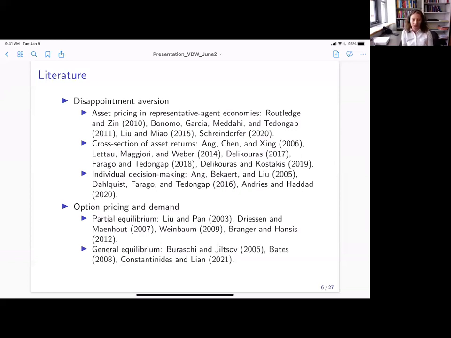Now, in general equilibrium, there are a couple of important works that I want to mention. There is the Borovicka and Yiltso paper that focuses on heterogeneous beliefs. We have a very different mechanism, right? And we don't run into this tension between the size of the option market and the equity premium that I mentioned earlier, okay? So in the work of Bates, this is probably the closest to ours, because the paper studies an equilibrium model with market crashes and different attitudes to these crashes, heterogeneous preferences towards crash risk. However, the main emphasis is still on prices, okay?